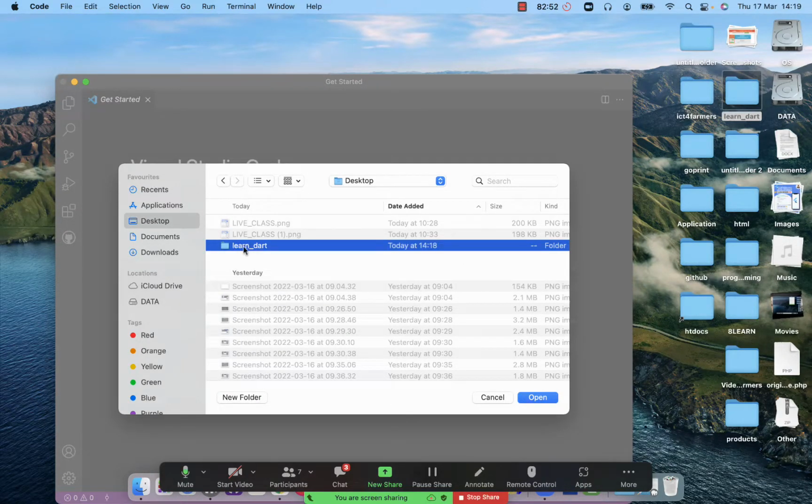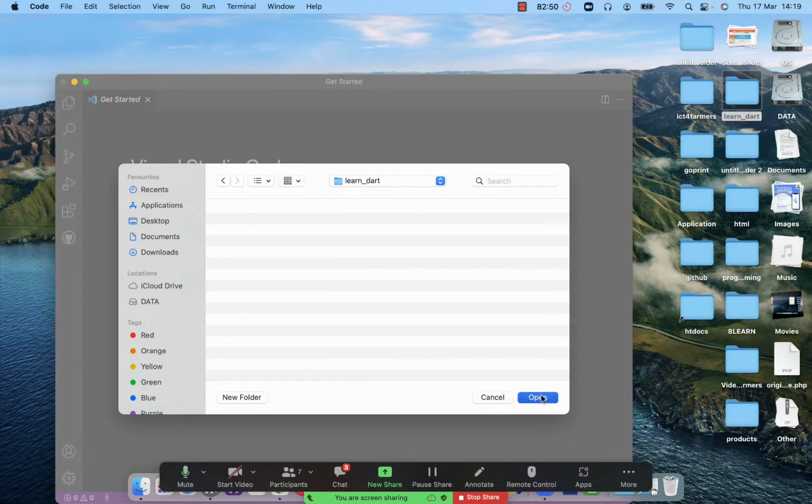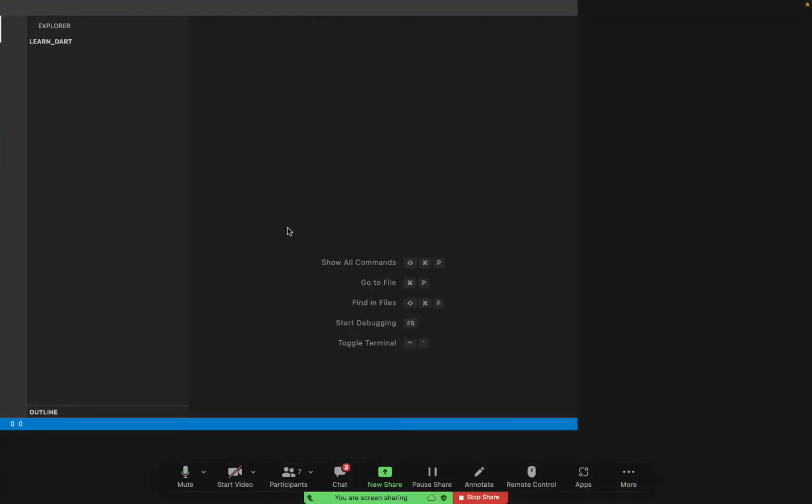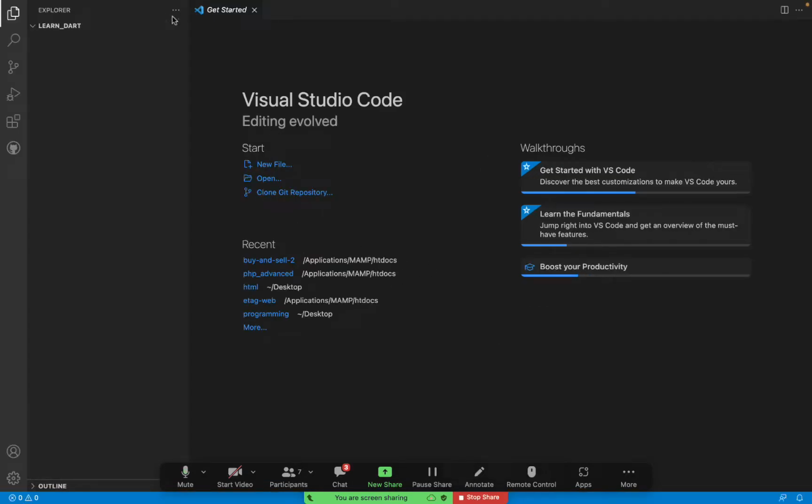You see, this is the folder just created. So I'll go ahead and open this folder. So there we go, and we have our folder opened. It is empty, there is nothing there. So after doing that, we are going to